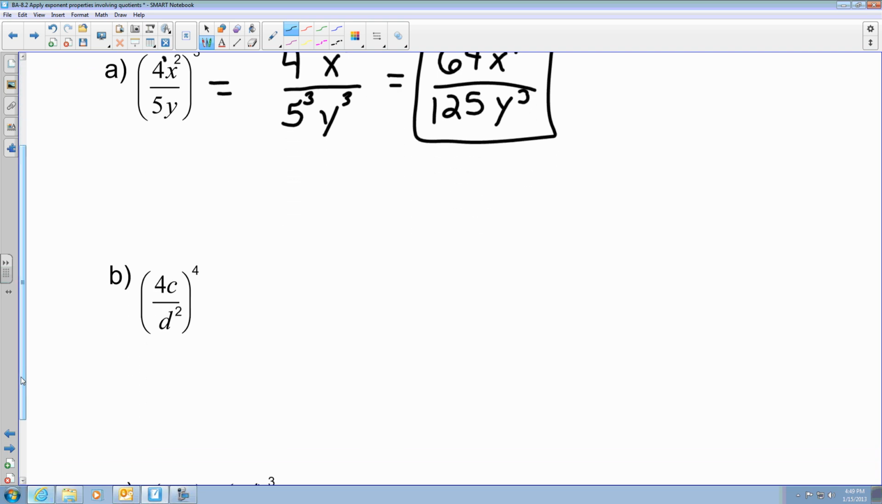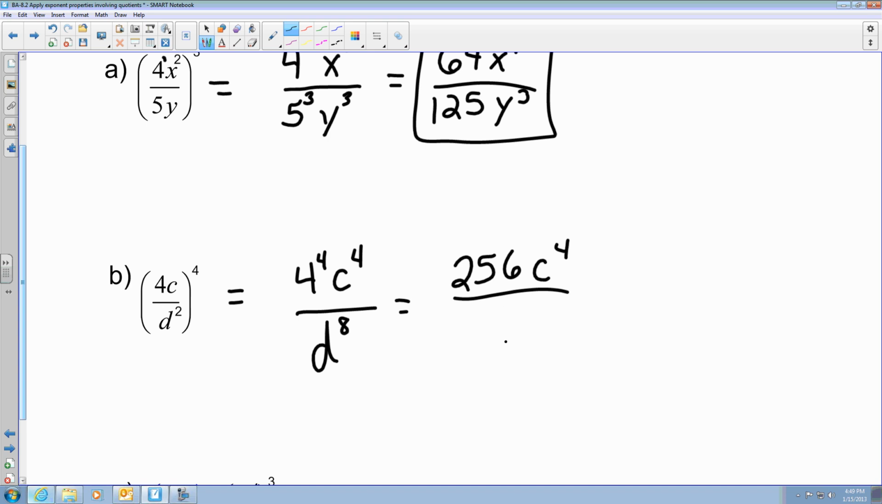Again, looking at B, we have this fourth power that goes to each of the values, so it goes 4 to the fourth, c to the fourth divided by d to the eighth. And so 4 to the fourth power ends up being what, 256? c to the fourth divided by